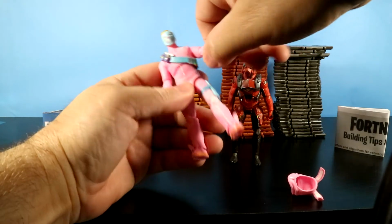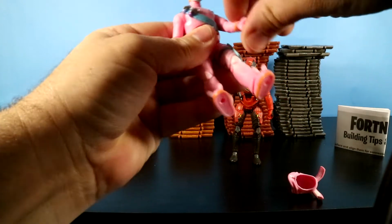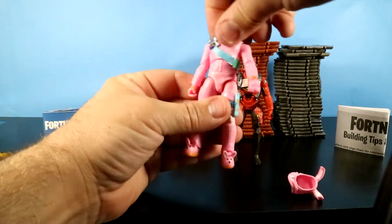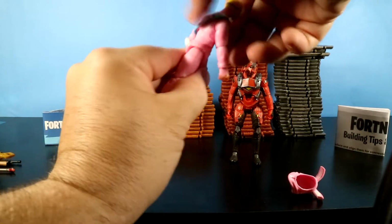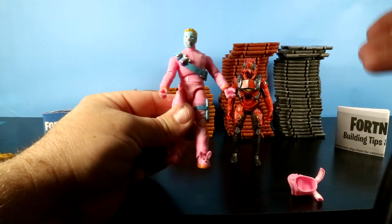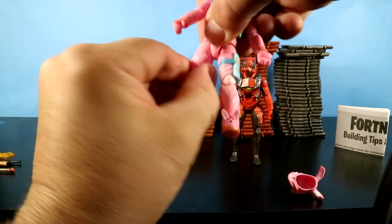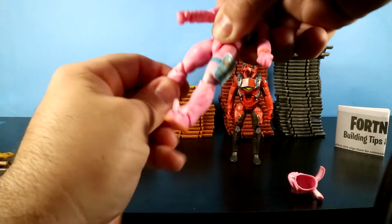His arms rotate, the shoulders back and forth, the elbows rotate, and they bend if I actually bend it on the hinge. Well, there we go. His wrists rotate in a circle. There's a hinge. Let's see if I can make him look like a zombie rabbit here. His torso wiggles all the way around, and he is supposed to rotate at the waist, but it's a little difficult. There we go. I think you saw me rotate him. His legs bend all the way around. He has thigh swivels, but they're kind of tight. Mine's kind of tight. Let's try the other one. Yeah, it's a little tight there. Man, he's got double knee joints,